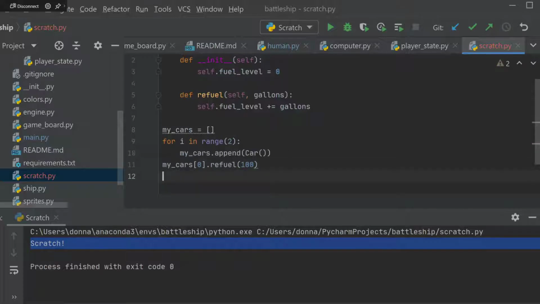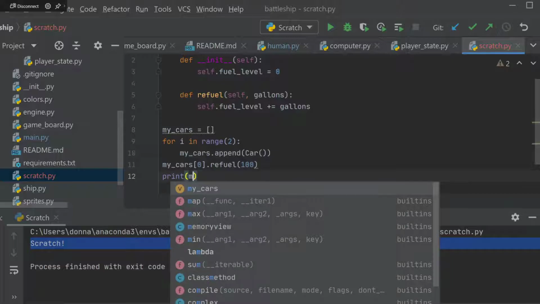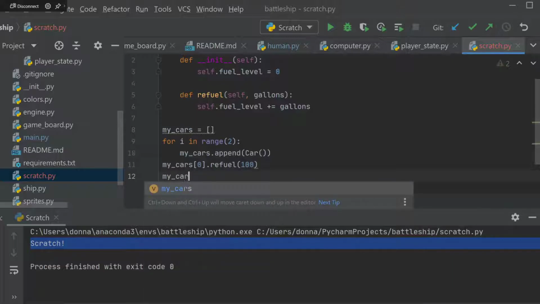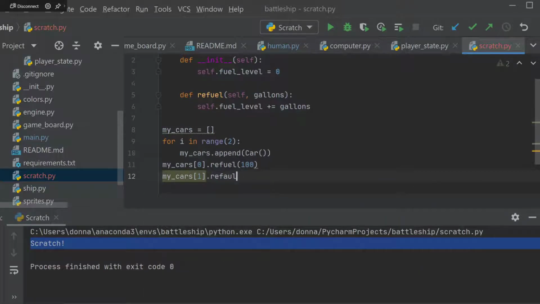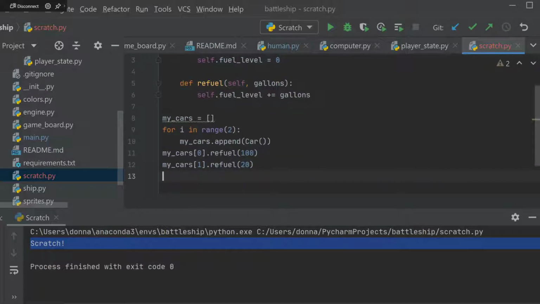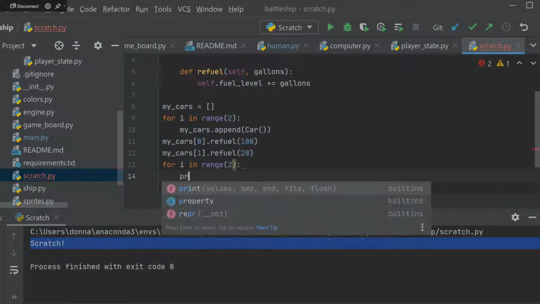That's awesome, right? And say print. And then my cars 1 dot refuel, and then just 20 gallons in another car. So then I could print all of the fuel levels by saying for I in range 2 print